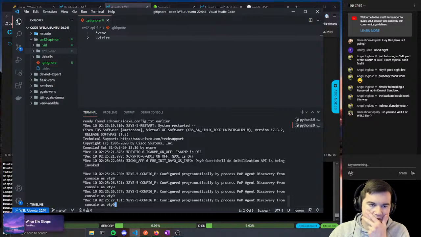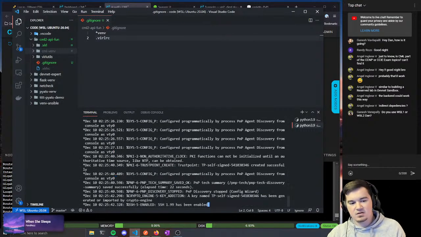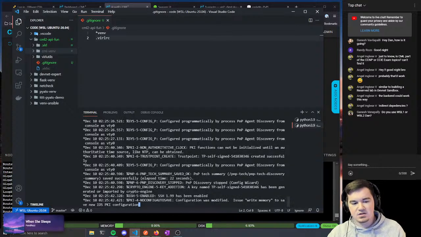The problem is you can't do SecureCRT because you need the Python library, unless there's some way to activate it. Anyways, if you have this Python library installed and your virtual environment up and running,